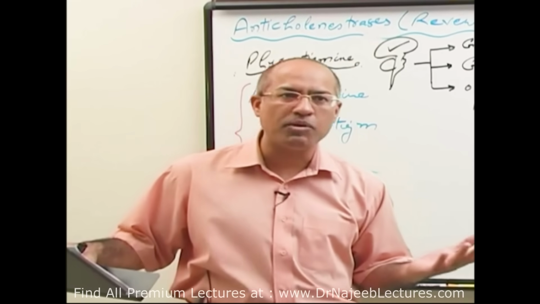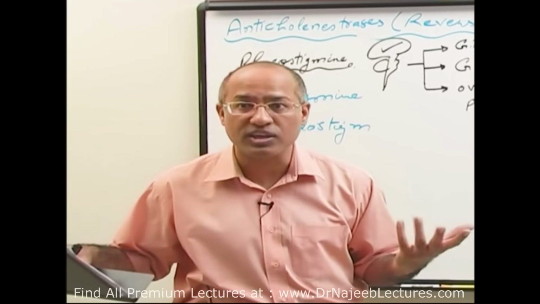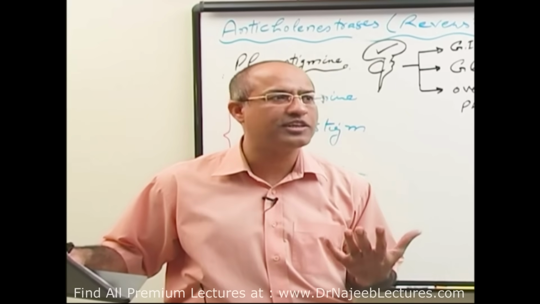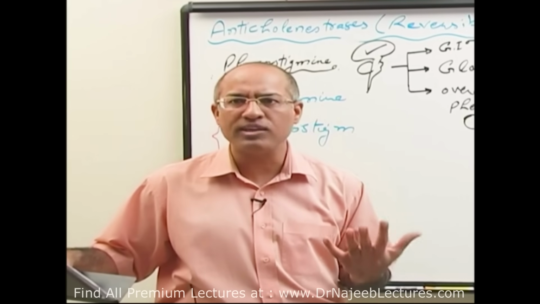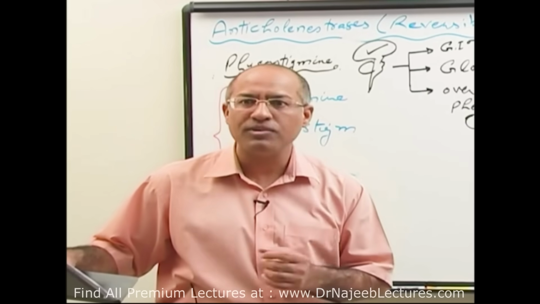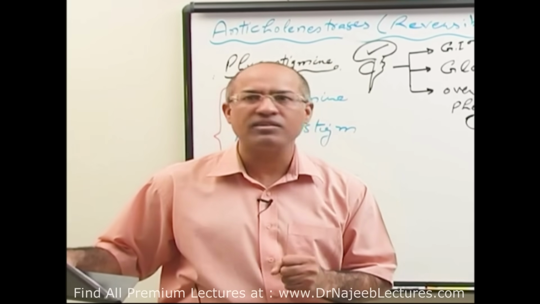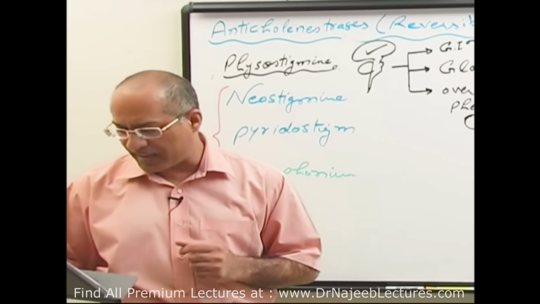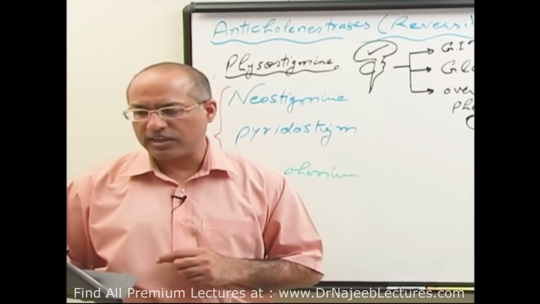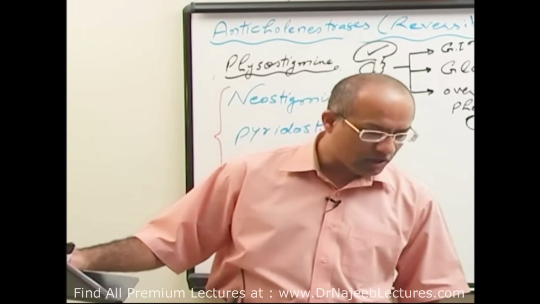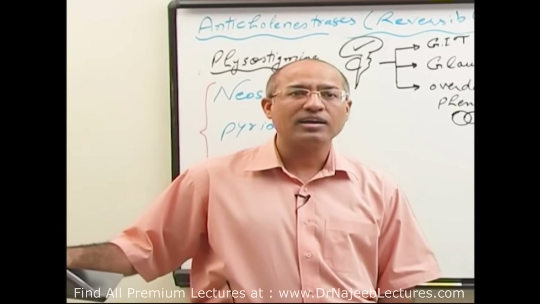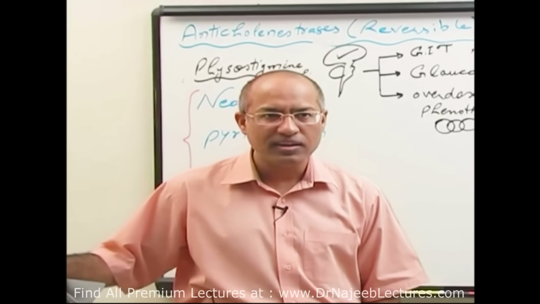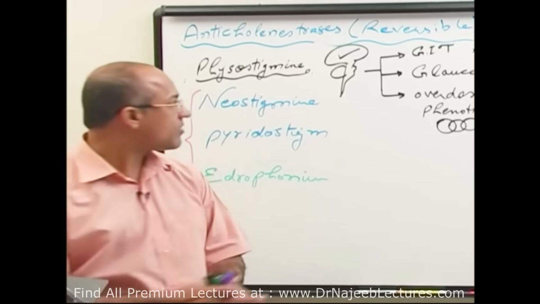Side effects of physostigmine, number one is central nervous system overstimulation and eventually convulsions, right? Secondly, paralysis. If physostigmine is given in toxic doses, then so much acetylcholine will be at neuromuscular junction that overstimulation of nicotinic receptor leads to dysfunction of the receptors and neuromuscular transmission fails, and that will lead to, what is that? Paralysis, right? And then of course, if there is too much cholinergic activity on the cardiovascular system, that may lead to collapse of cardiovascular system. Am I clear? So we have to use it judiciously.